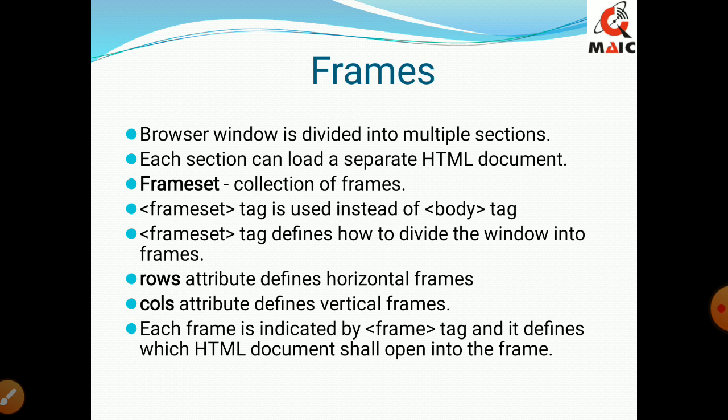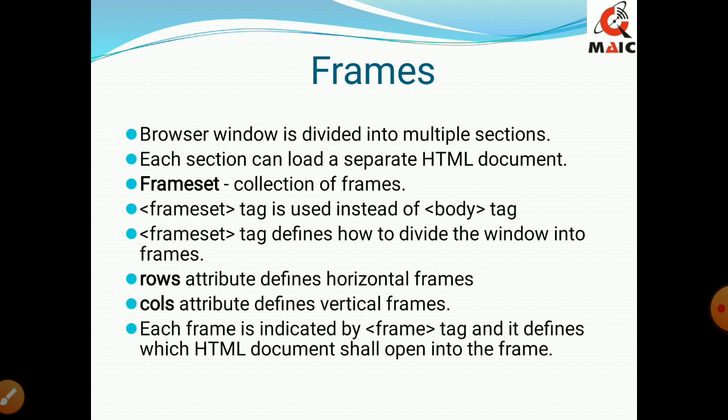Now moving ahead to the frames. The browser window is divided into multiple sections, and these multiple sections are called frames. And each of these sections can load a separate HTML document.